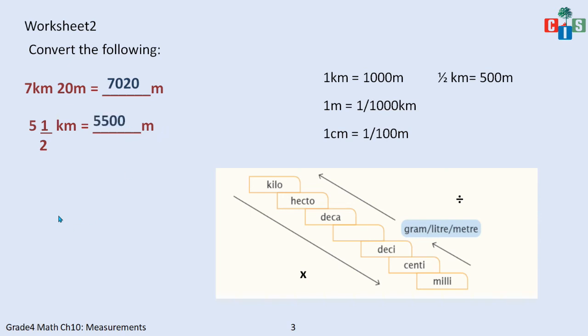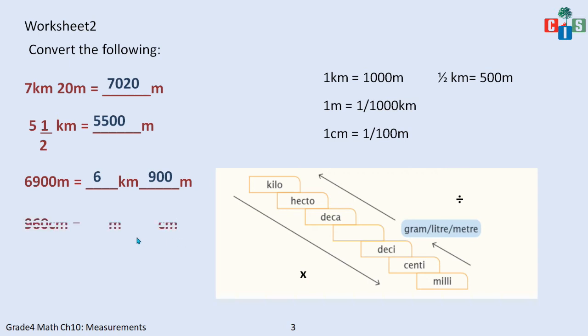Clear? Now let's have the other option, 6900 meter. Now you have to convert it into kilometer and meter. Now you have to divide, because you are moving upwards, that is from meter to kilometer. So what's my conversion unit? 1 meter is equal to 1 divided by 1000 kilometers. So it will be 6 kilometers and 900 meter. If you divide, you will get 900 as a remainder.